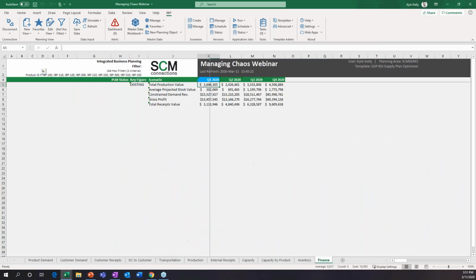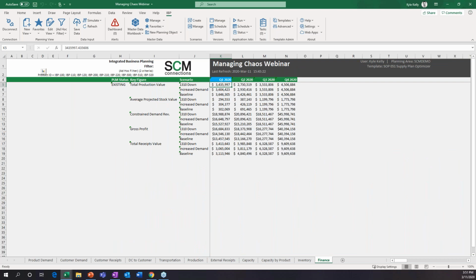Because of how the data is stored, you're looking at the price to produce individual products on individual machines, and how much it costs to transport product. It all ties in, and very quickly you can see at a quarterly, weekly, or yearly level what that impact is per scenario. So no longer are you having to recalculate everything by hand when you come up with, what happens if I take 1310 down and now all of a sudden I have to source from a supplier who is 10 times more expensive than my normal plant? Now it occurs automatically.